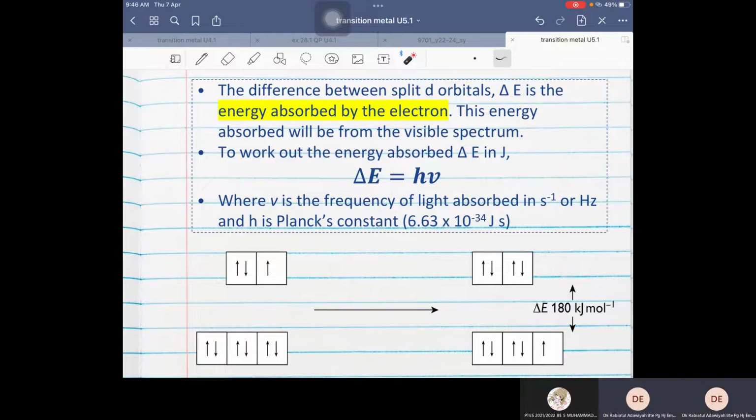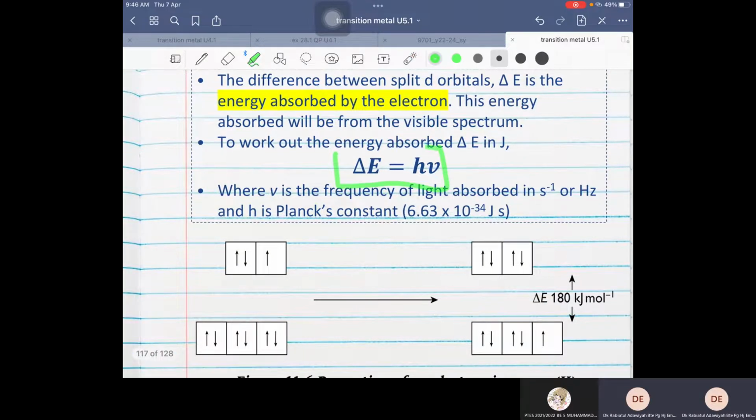To work out the frequency of the energy required to promote or excite the electron, you use the expression delta E equals hv, where h is Planck's constant, it's a number, it's a constant, it's given in your data booklet, 6.63 times 10 to the power of negative 34 joule seconds. v is your frequency. Okay, so be careful if the question gives you a wavelength. v is actually the frequency, but thankfully you don't have to